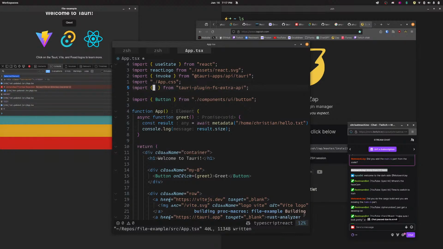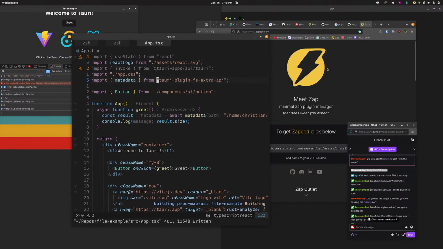Okay, so extras literally just allows us to get metadata about files. All right, thank you. Great, very, very cool. Okay, so now if I want to work with the file system directly,